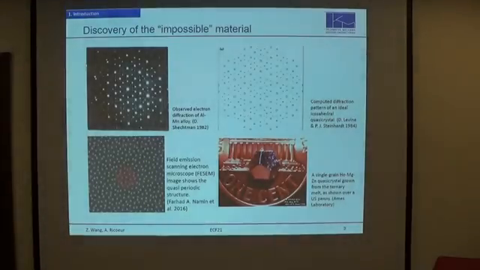We know that X-ray diffraction can tell us the crystal structure, and electron diffraction does the same thing. In 1982, Dr. Schechtman fired a beam of electrons at a slice of rapidly cooled alloy, in order to understand its crystal structure, and he got this picture. We can see that these so-called bright spots tell us the atomic structure in a certain range is ordered, which means it's definitely not an amorphous solid like glass, but it shows 5-fold rotational symmetry,